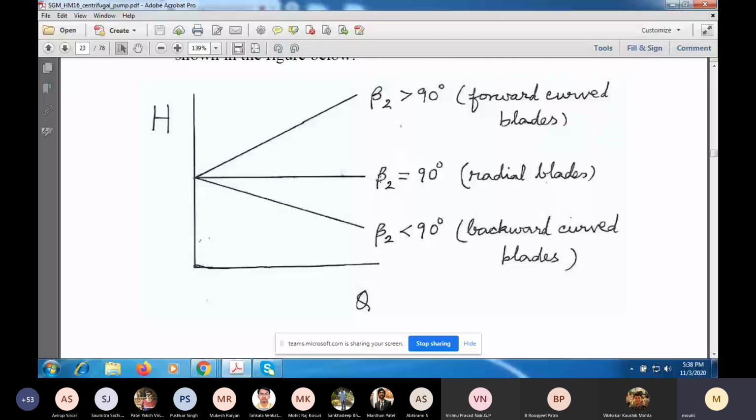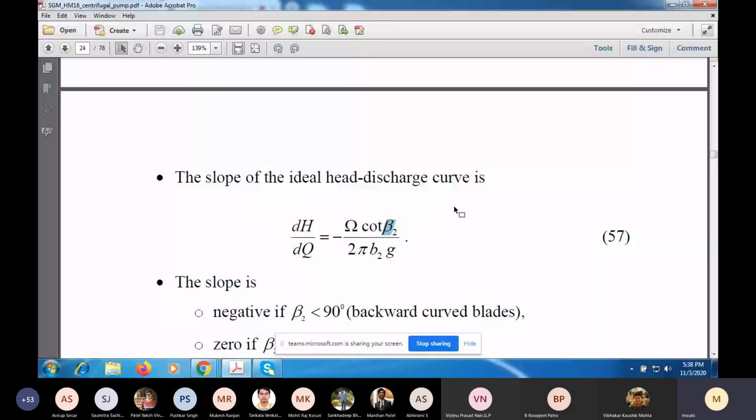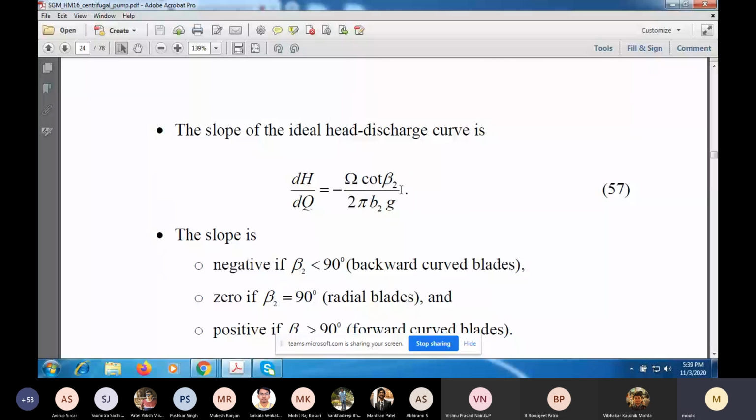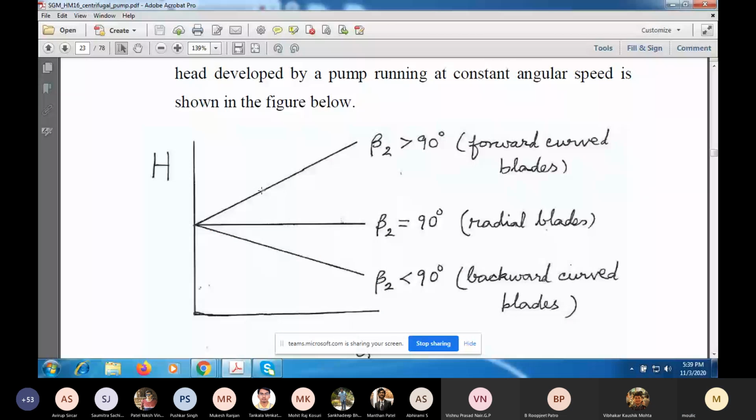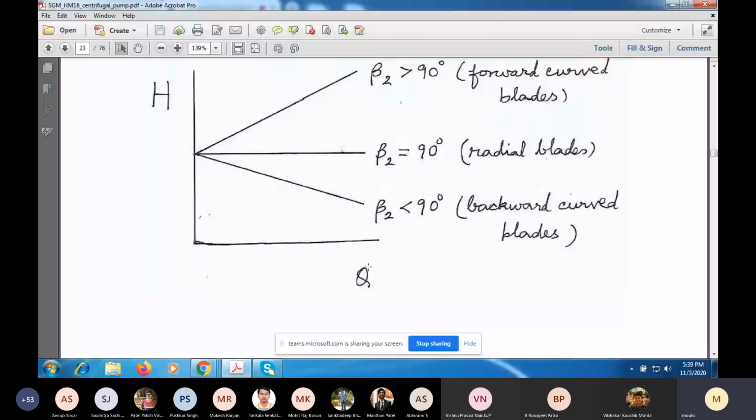Now suppose beta is greater than 90. Then what will happen? Tan and cot will be negative, and there is a minus sign outside. So this slope will be positive. So the head will increase linearly with increase in the volume flow rate Q. Here I have not written the superscript flow here,